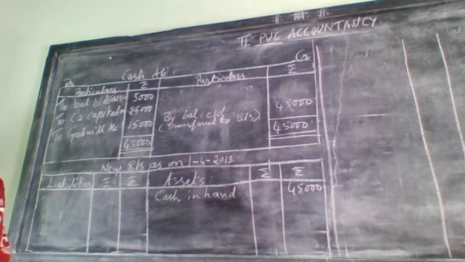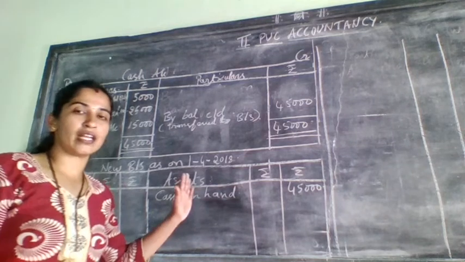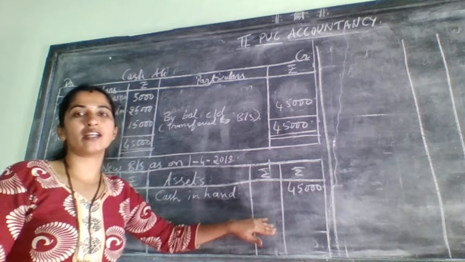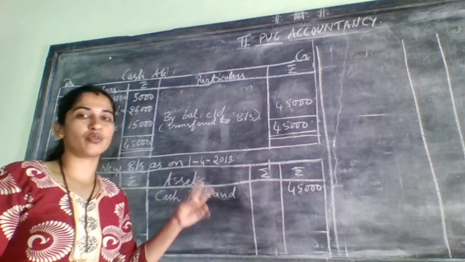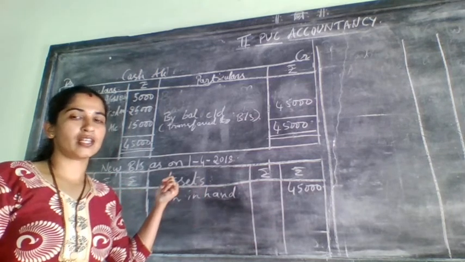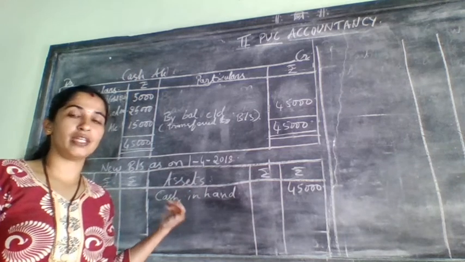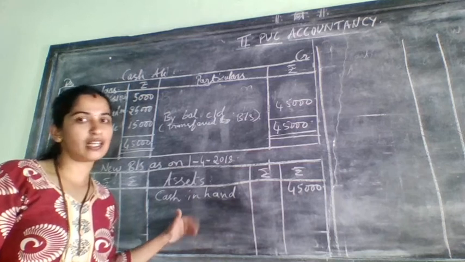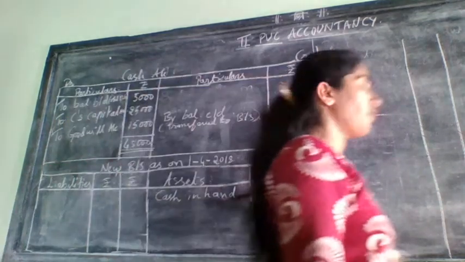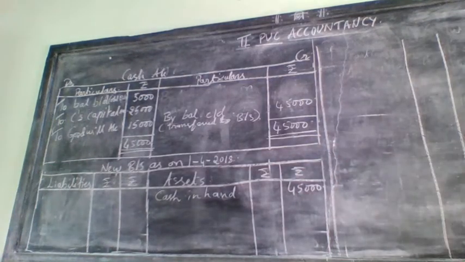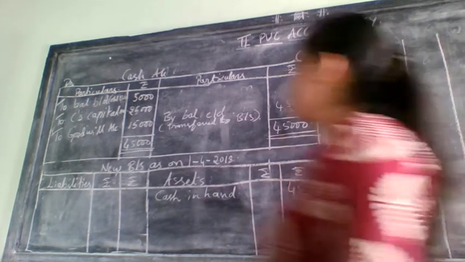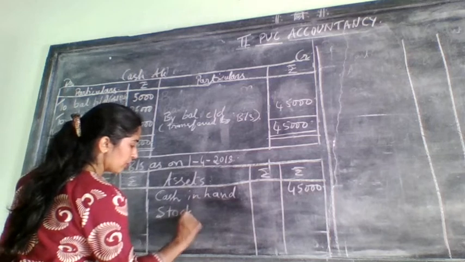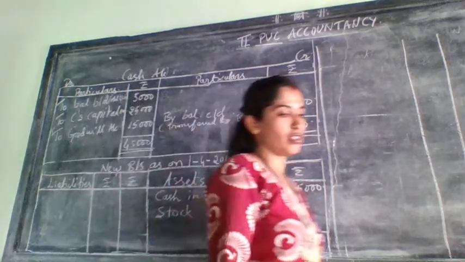Okay. Now adjustment in the sense, whatever has come in the revaluation account, obviously it will come once again in the balance sheet. As I told you, 2 times it will come. Once it will be in the revaluation account or partners capital account, and the second time definitely in the balance sheet. Okay. After writing cash in hand, next item they have given is stock. Stock. Right? Earlier it was how much?